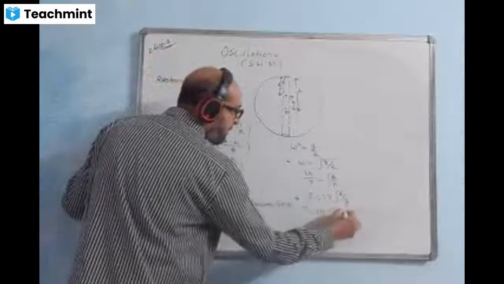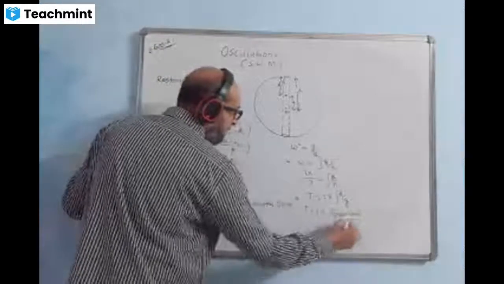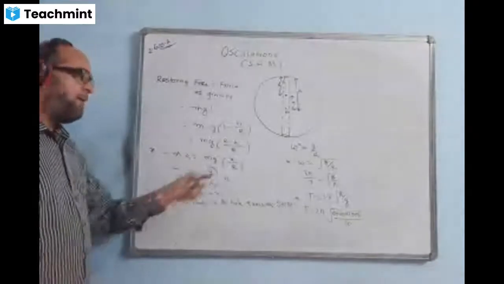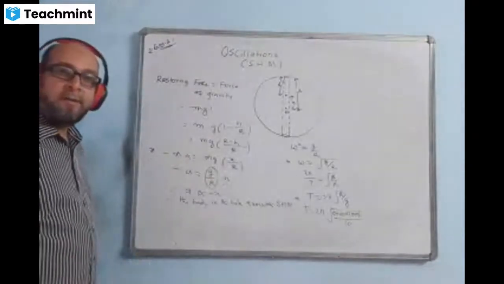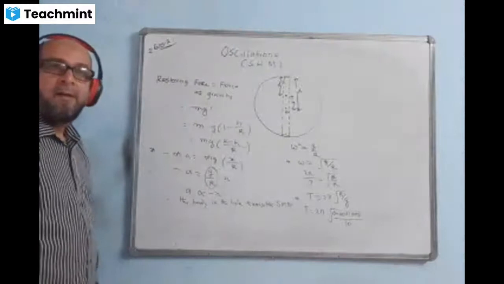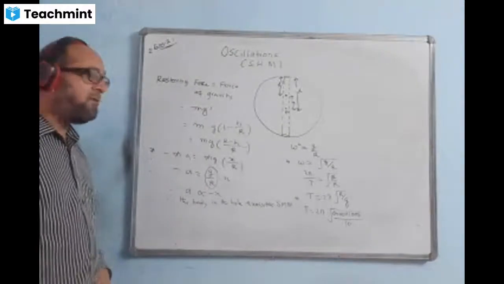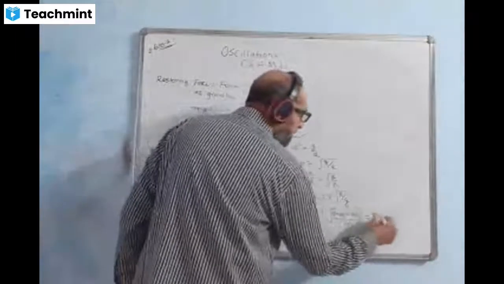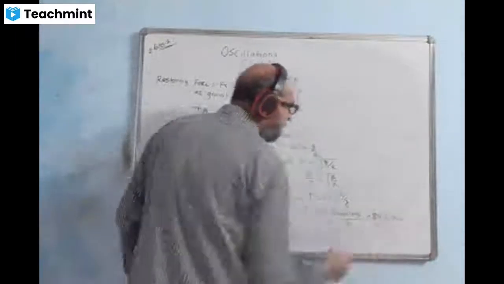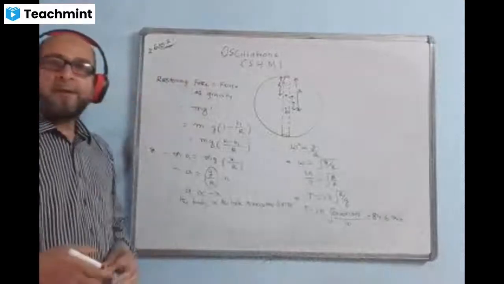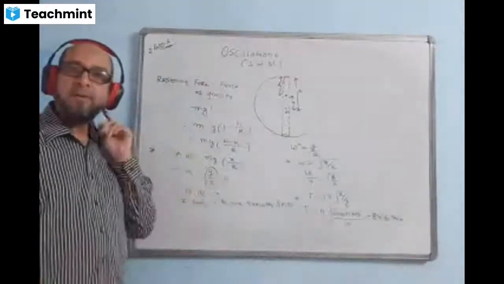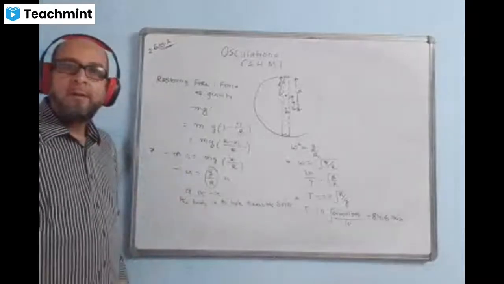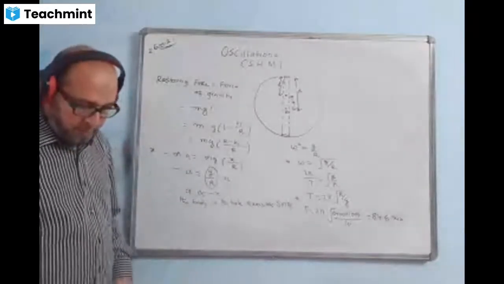Radius of the earth is 6400 into 1000, and we divide by 10. Calculate, your answer will come just now in seconds. When you divide by 60, your answer will come in minutes. And I'm sure your answer will come 84.6 minutes. That is 1 hour, 24.6 minutes. That is the answer. That will be proved.